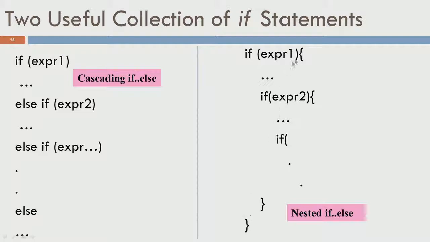What is really happening is, if you notice, after if expression 1 there is a curly brace here and there is a curly brace here, and between these two curly braces is if expression 2, which means this is a compound statement which is within another compound statement. So, this is completely contained within the evaluation of this expression. Therefore, this blob of code as well as this statement will be executed if expression 1 is true.